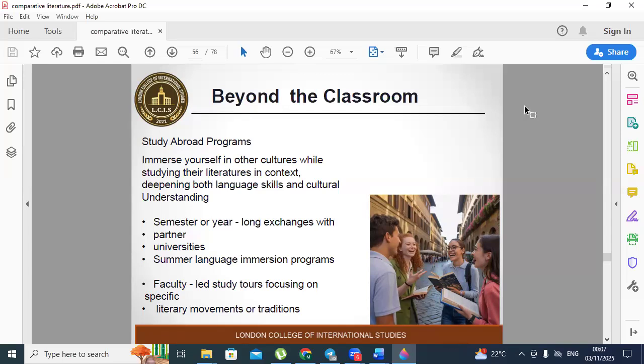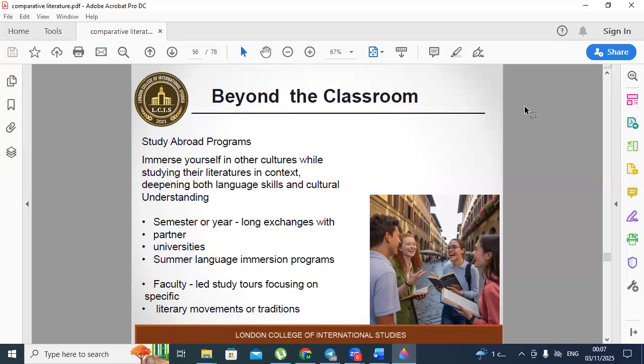This slide opens a discussion on experiential learning, starting with the most immersive option, study abroad. It framed this as a way to immerse yourself in other cultures while studying their literatures and context.